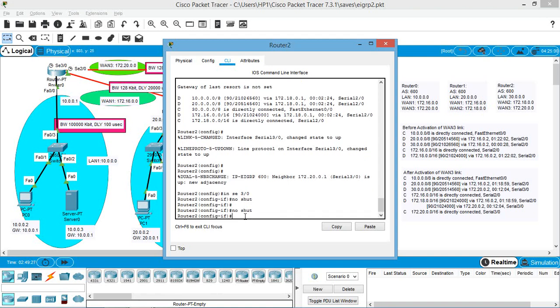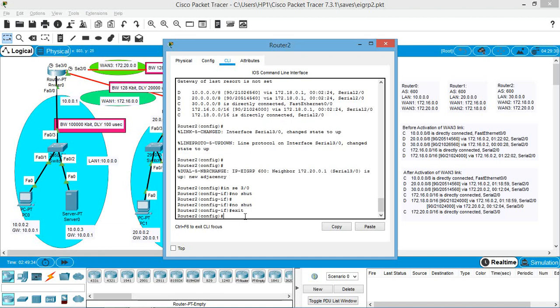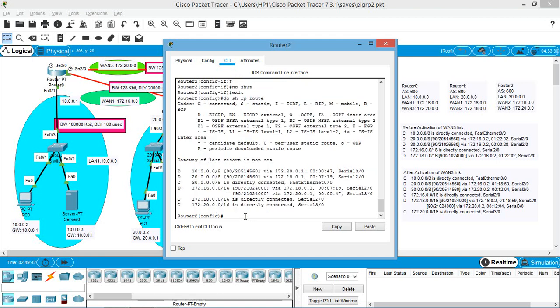Let us check whether it is active on router 0 by checking the routing table. Do show ip route. Yes, it is active because this router 2 is reachable. Router 2 can reach this 172.16 network via the serial interface 3/0.